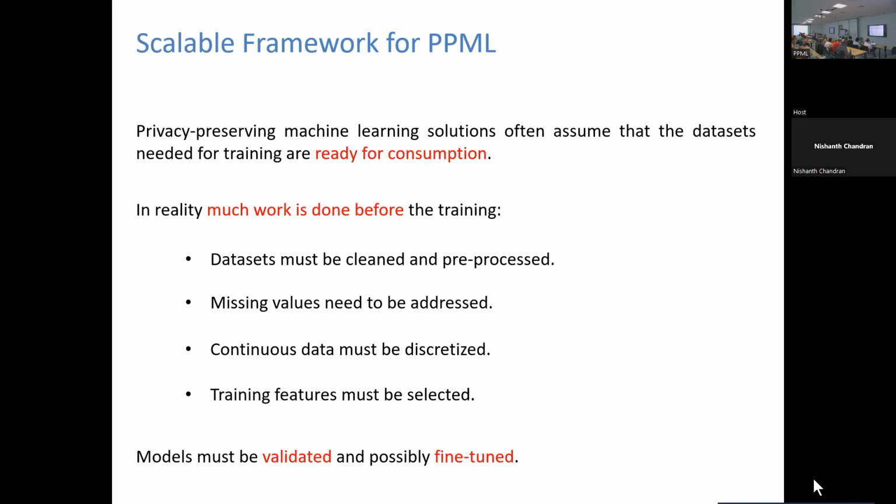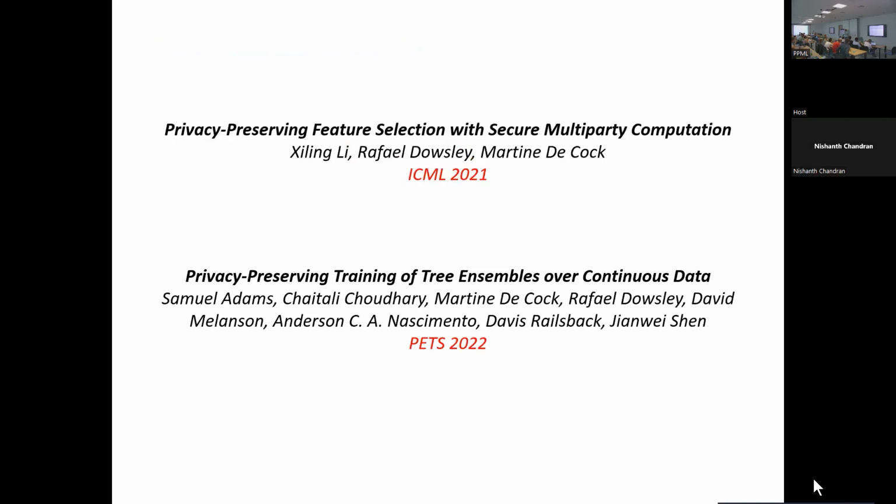I will talk a little bit about some of these steps, especially for features. How do we do feature selection in a privacy-preserving way? Because if you think about it, we have these solutions that do the training in a private way, but what is the meaning of that if, to begin with, you have to do feature selection or some of this pre-processing in a non-private way? What is the relevance of having the training part in a private way if you have to reveal information for the pre-processing?